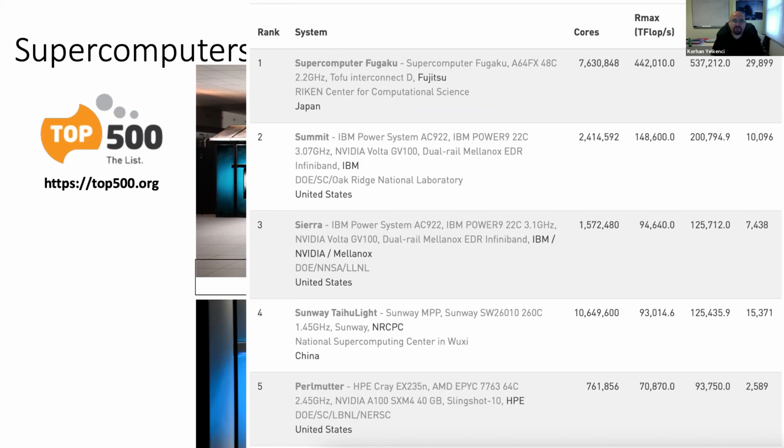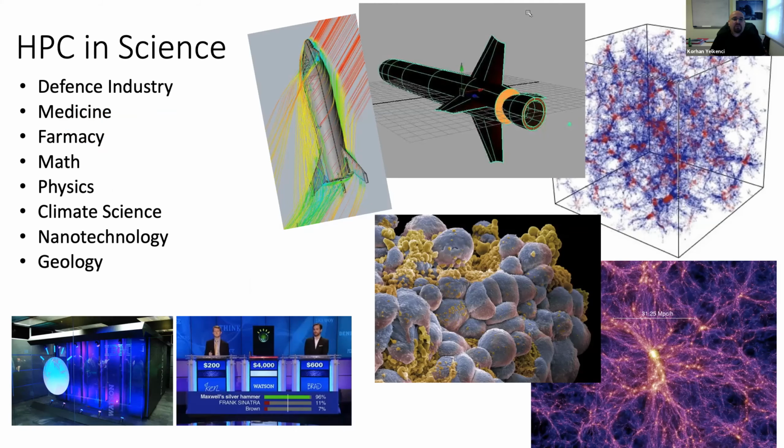Just in case you are interested later on: what do we do in science with high performance computing? We can do experiments without doing them for real in a very big laboratory.